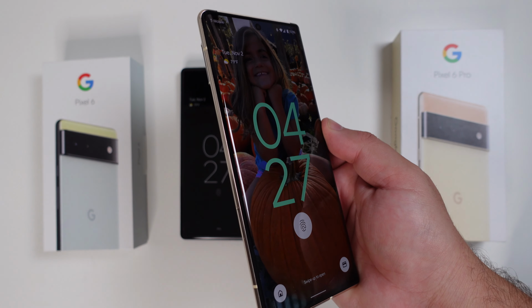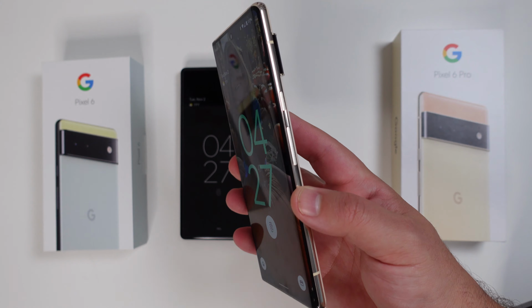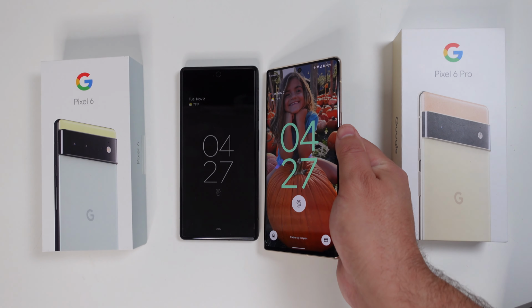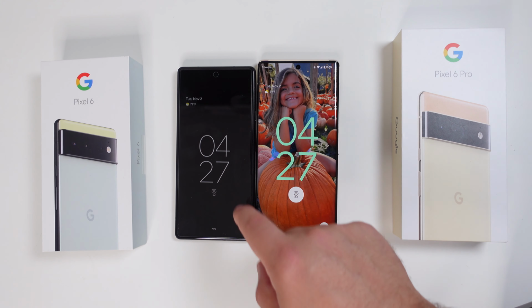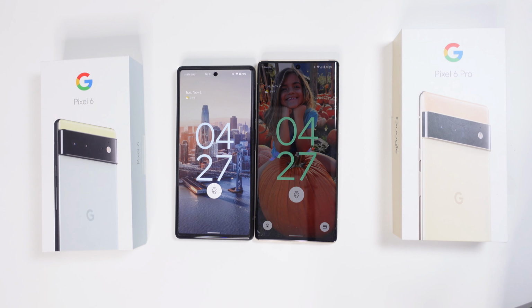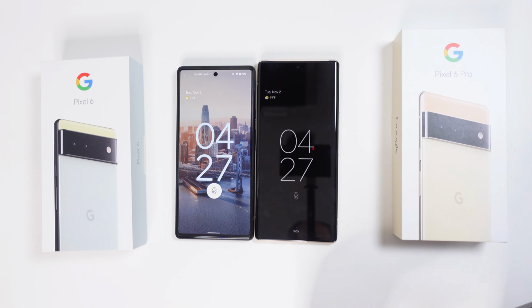But I think it still looks great having that flow over. It's just your personal preference, but I think it looks good having that option there to get a little bit more screen real estate as opposed to that flat display on the actual regular 6. Personal opinion, like I said, one of the bigger issues though is, as you see lit up here, these in-screen